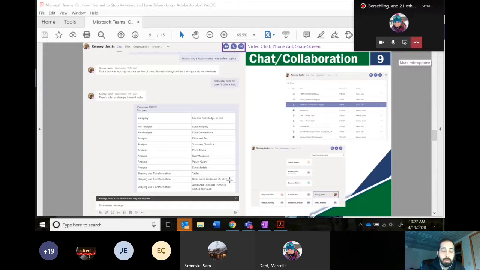You can post, here I posted just a very simple table, but you can also attach individual documents, and it puts it in a special place on the chat, so you can just collaborate on that chat window with that file, and you're both working on the same document, which is really great. And if you click on files, it'll show you all of the files that you have shared